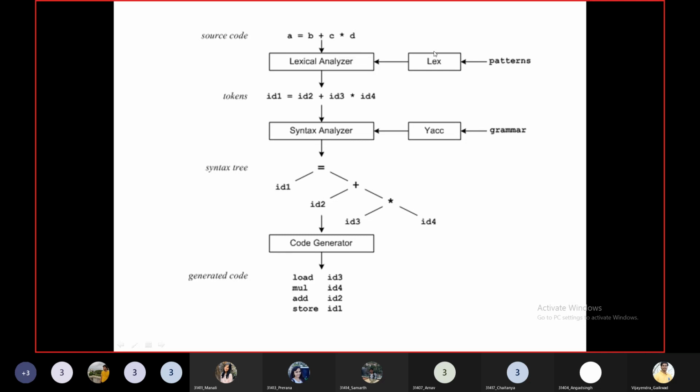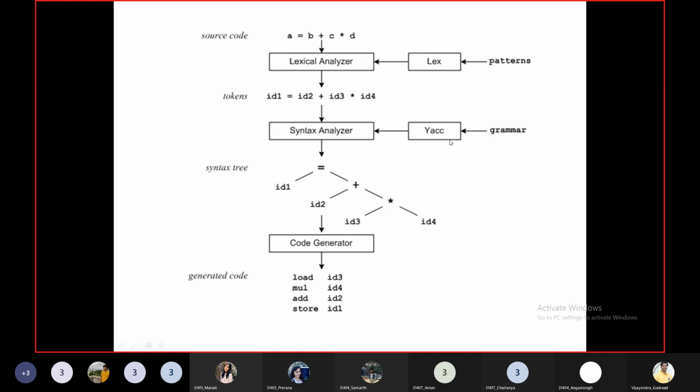Using this Lex program and the expression which we are providing from the source code, the lexical analyzer will form tokens, right? And these tokens are fed as input to the syntax analyzer. Another input to the syntax analyzer is the Yak program, which specifies the grammar rules.